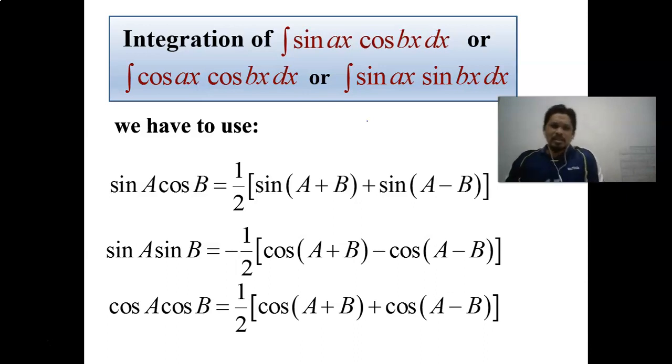As I can say from my experience, when given this kind of question in a final examination or mid-sem test, they will provide all the formulas, because we all know that students cannot remember all the formulas of the trigonometric functions. So they will provide all the formulas to help the students. Okay, so next,